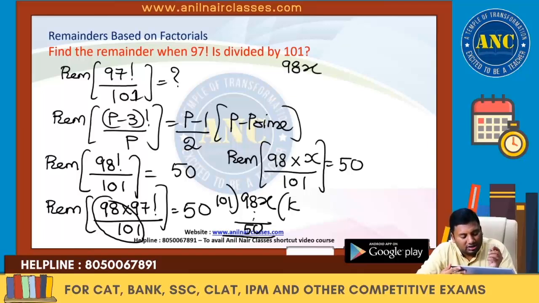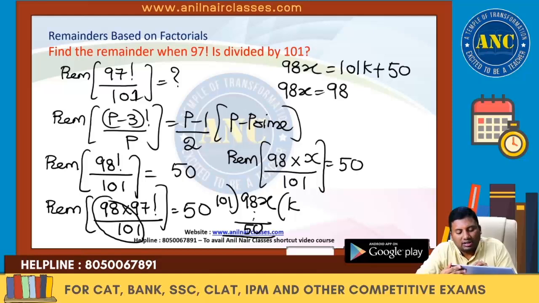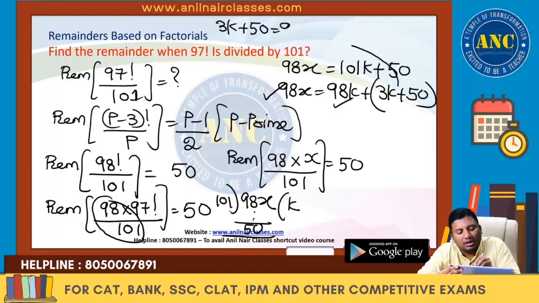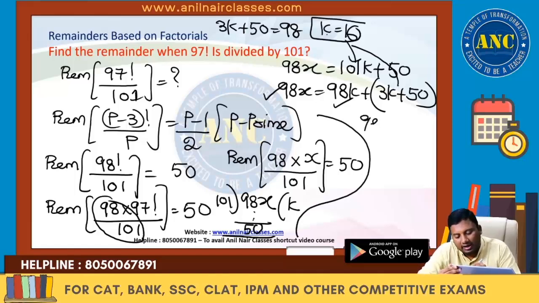So 98x is equivalent to 101k plus 50, which is 98k plus 3k plus 50. 98x is divisible by 98, 98k is also divisible by 98, so 3k plus 50 should be divisible by 98. So the k value will be 16. If I substitute, 98x is equivalent to 101 into 16 plus 50. So x is nothing but